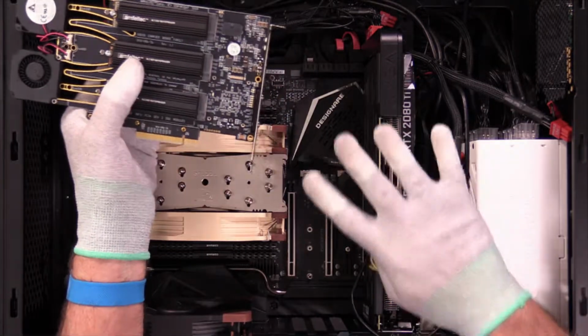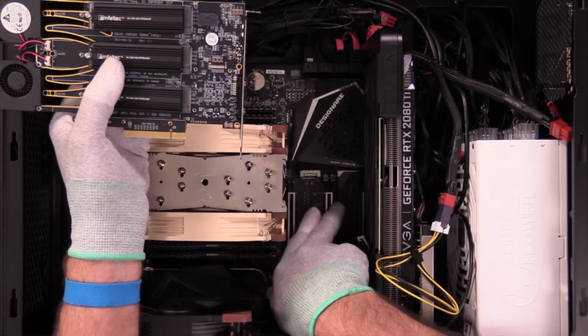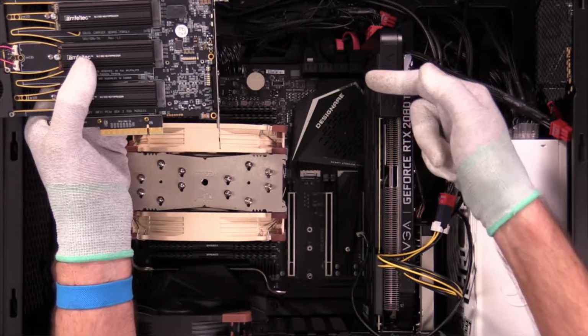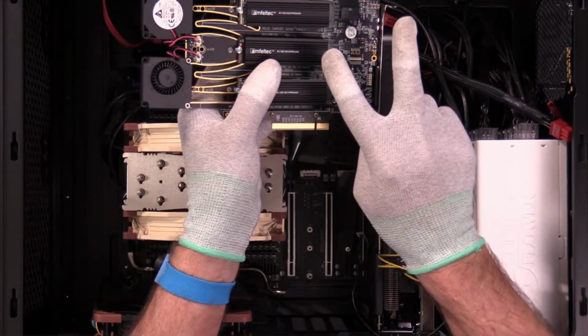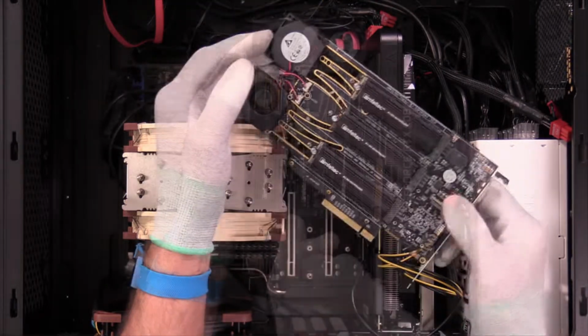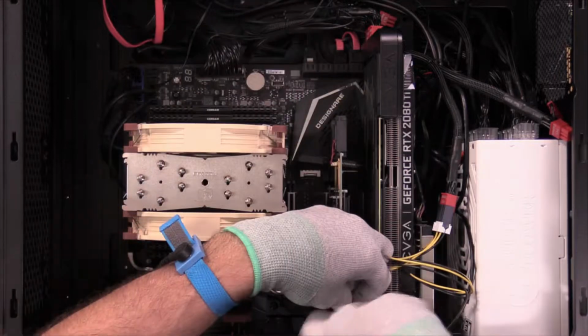We also have 4 M.2 NVMe drives, 2 on the motherboard, which we're not using either one right now, to the CPU, and the other 2 through another heatsink through the chipset, but they're all PCI Express 4. And the drives on here are 2 different versions, 2 different generations of PCI Express 4. 1 on each side, second generation, and 2 on each side, first generation. Wicked. We'll secure the card in the